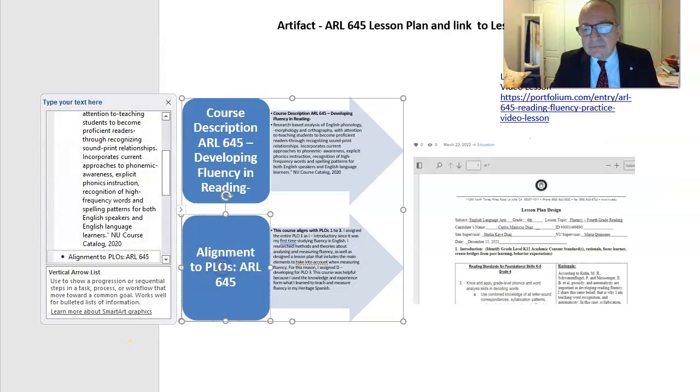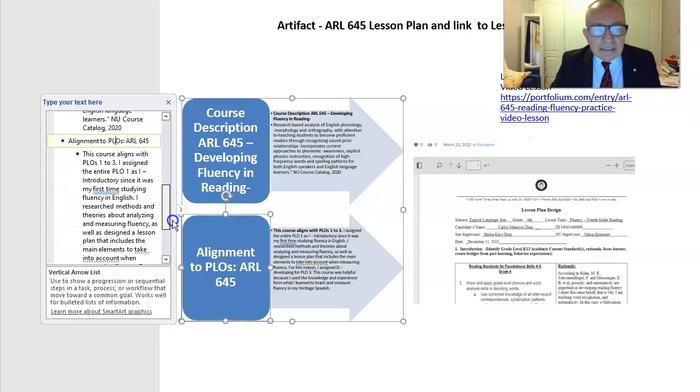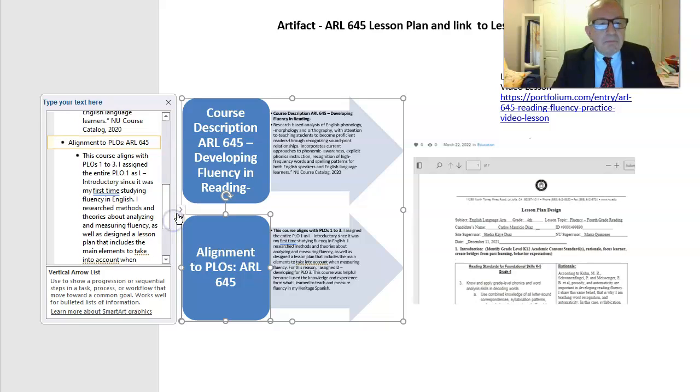My following class is the 645 fluency in English. So here we can have the two artifacts, a screenshot of the lesson plan, as well as the link for my class. This class is aligned with the PLO 1 and 2 and 3. For PLO 1, I just assigned an I for introductory because it was the first time studying fluency